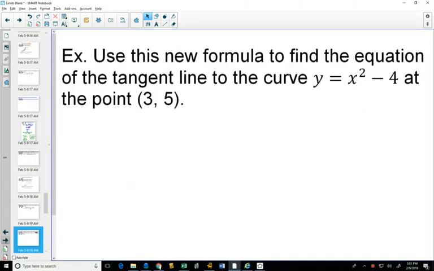So now we can use this new formula to figure the tangent line. And you can examine some of the nice things and not nice things between the two formulas. The other formula, things canceled out really quite nicely, didn't they? So in this formula, what does this look like? Well, our slope